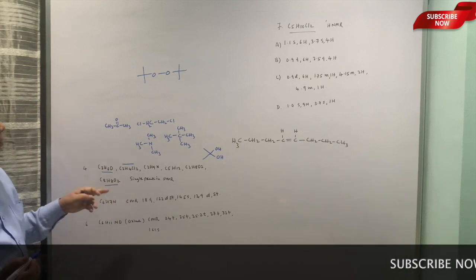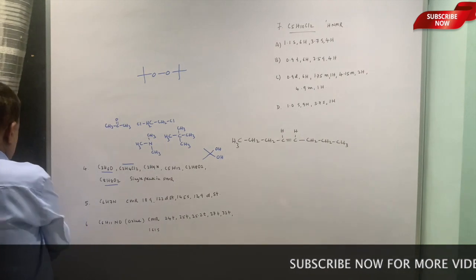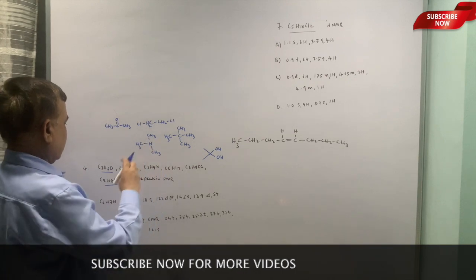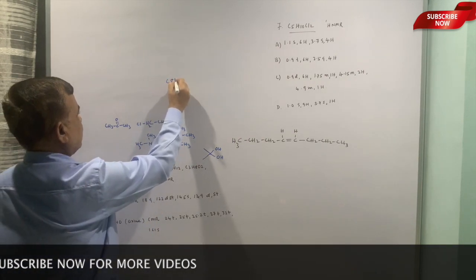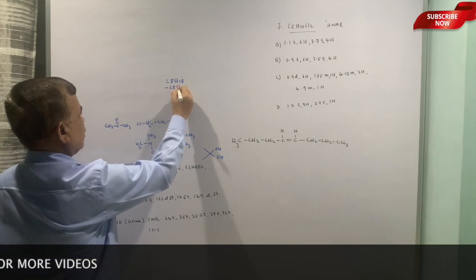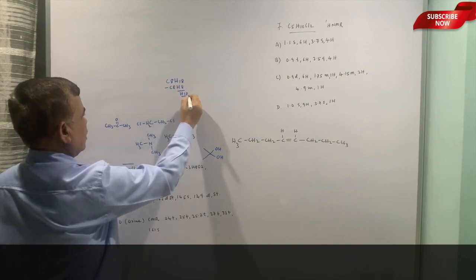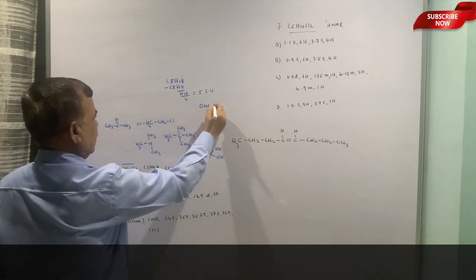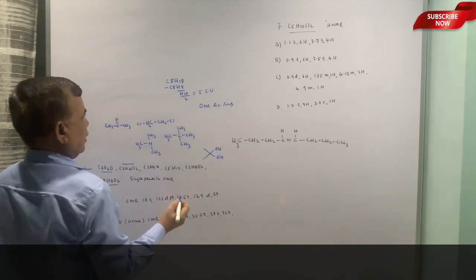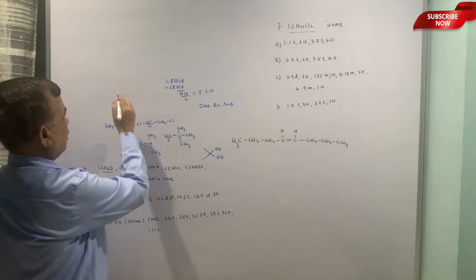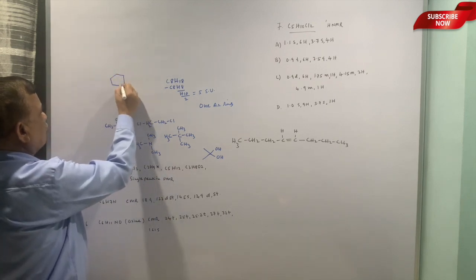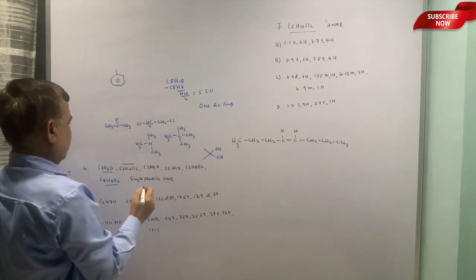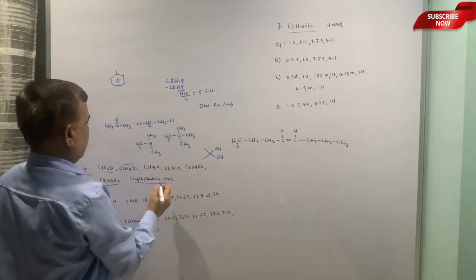C8H8, sorry, not this one, maybe another compound, C8H8, we have to write down the structure. C8H8O2: C8H18 minus C8H8, 10 hydrogens are missing, so 5 sites of unsaturation. So 5 sites means one aromatic ring you can put. And you have to have a single peak in PMR.